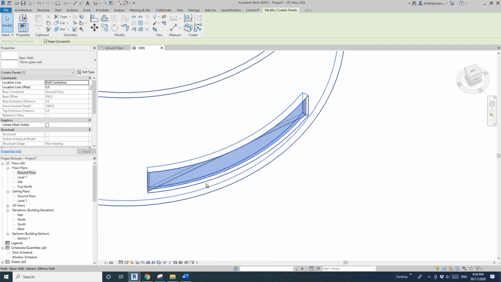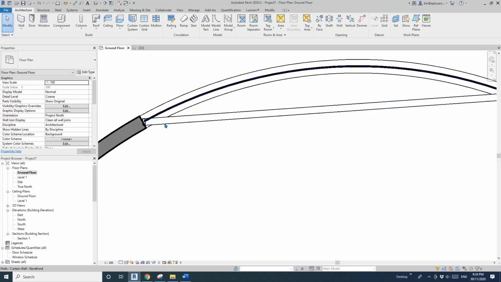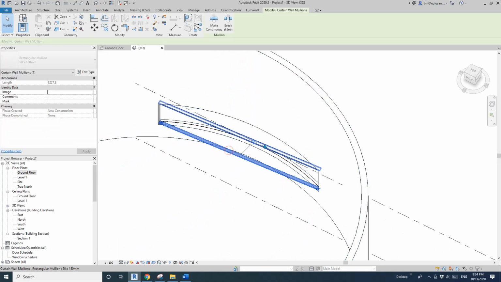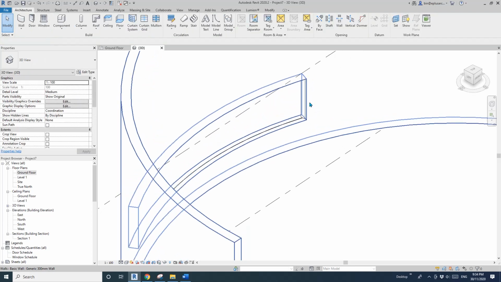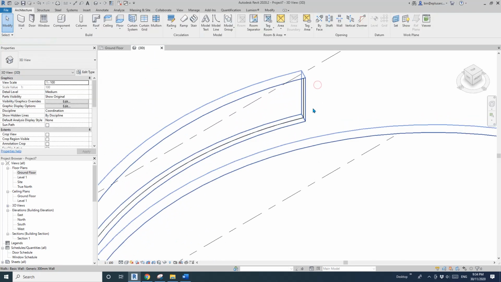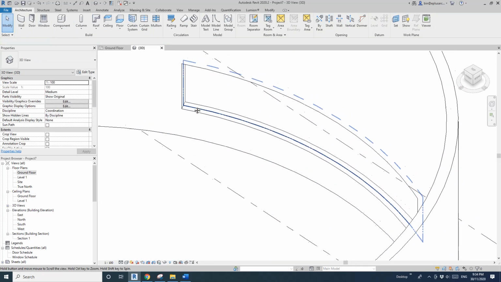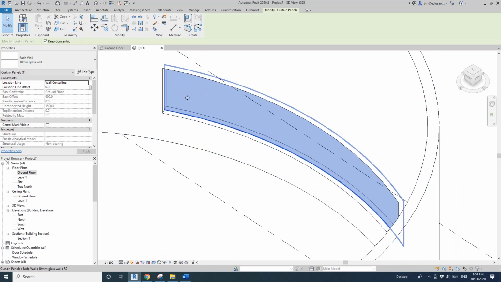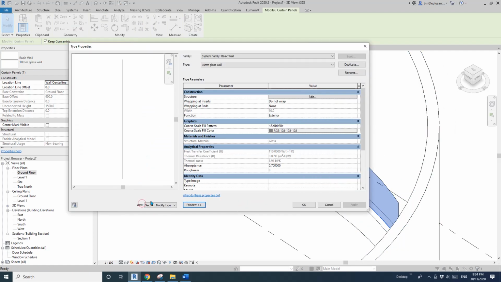So you can see, if I go to floor plan, you can see this glass wall. But the volume won't follow that shape, so it'll always be straight. So this method is not perfect. You can model in place, or even model a mass. Let me just quickly show you. So you can edit the type of this glass wall, and under here, if you change to modify section,